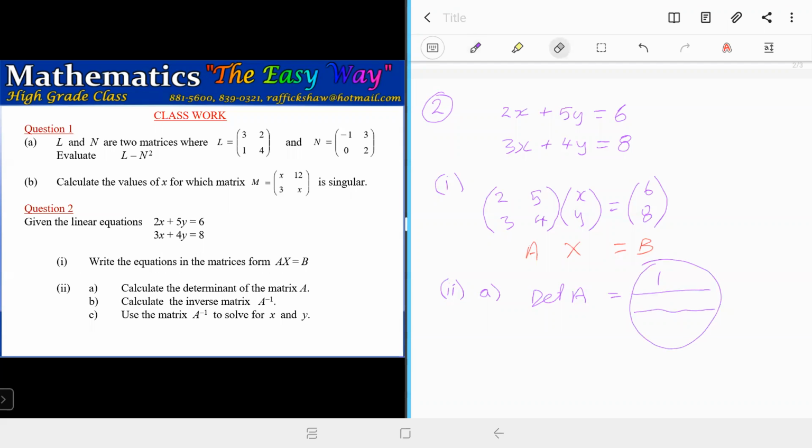So I think one person did this. And it's a common mistake because everybody's so used to writing 1 over the determinant times the adjoint when they're doing the inverse. If you ask them for the determinant, they want to give you this. No, that's not the determinant. The determinant is the leading diagonal product minus the following diagonal product. So don't do that. It is this product